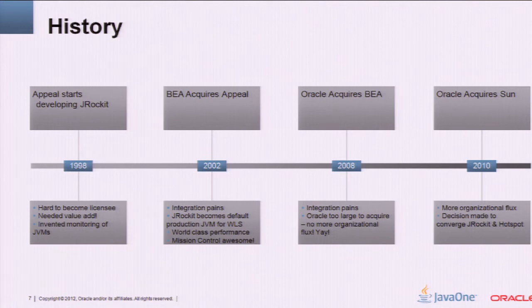Then in 2002, BEA acquired Appeal. And there were some integration pains. There were a lot of good things. We got better tooling. We became eventually the default for running WLS. And we delivered some world-class performance benchmarks. But,